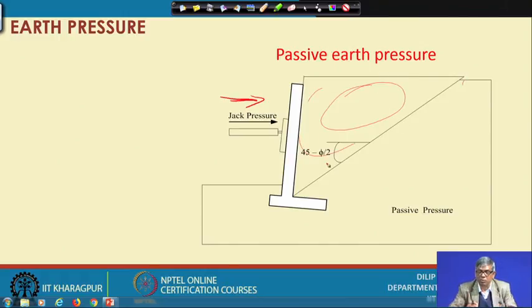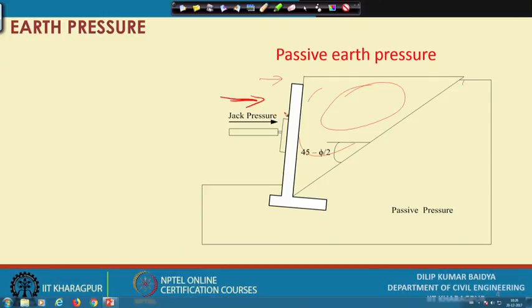This soil will only move along with the wall, and this you can see, and because of this the pressure on the wall will be increasing slowly, and at some time it will reach the maximum. If you apply further more than that, then the wall may fail or collapse. So, that is the end where it is reaching the maximum value, that is called passive pressure. If I see the corresponding Mohr circle for this,